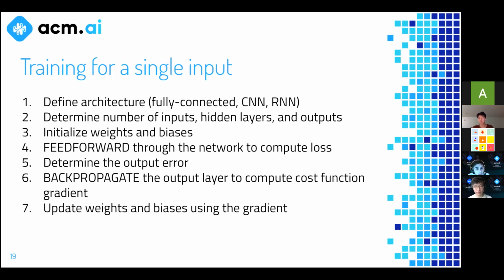You guys see in parentheses, I say fully connected, CNN, RNN. So these are different model architectures. Right now, I just want you guys to pay attention to the thing that says fully connected. The kind of network we're going to be looking at today, and the kind of network you guys just saw in the video and that we discussed last week, we refer to as fully connected networks.